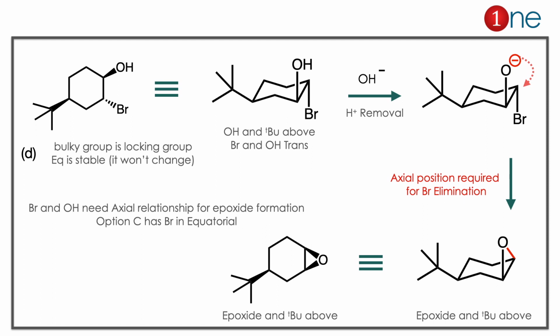Here you have to learn 2 important things. One is you should know how to draw stereochemistry, particularly in cyclohexyl form. You should not lose the relationship. If it is syn, you have to draw syn, and anti as anti. So you have to be precise on that one. Second thing is epoxide formation. It's a kind of SN2 reaction. Both should be diaxial. Then only the backside attack occurs and you have epoxide formation.